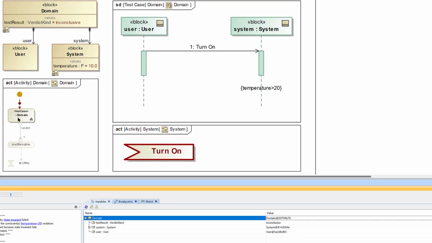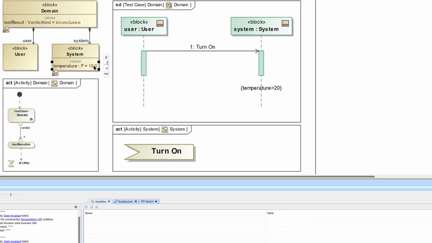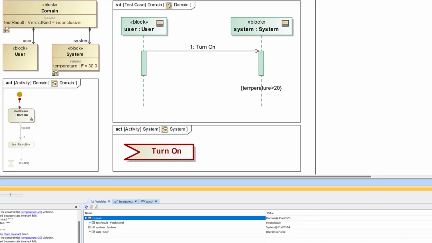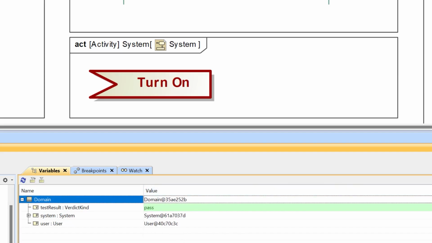So the activity diagram starts, this call behavior action calls the interaction, sends the signal, the temperature is checked, and then we fail because the actual temperature is only 10. So in this case, we can then try some other value that will be the runtime value for this value property, or we could change the expression. Now when we rerun this simulation, it should check that, and we should receive a verdict of pass. And there we have it. So we received the verdict of pass,